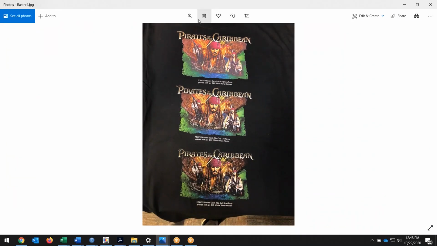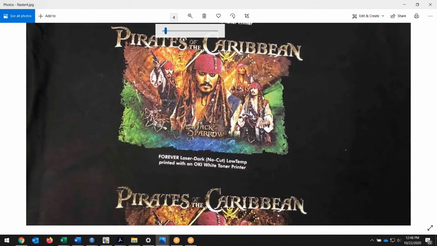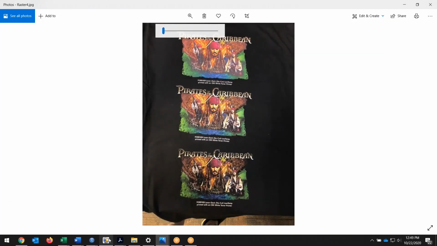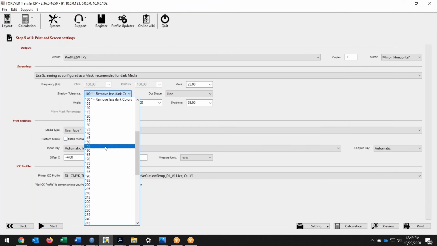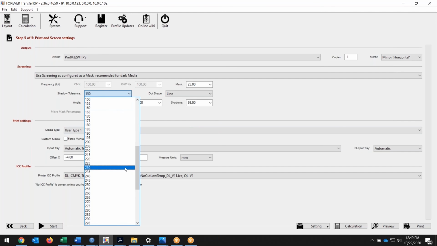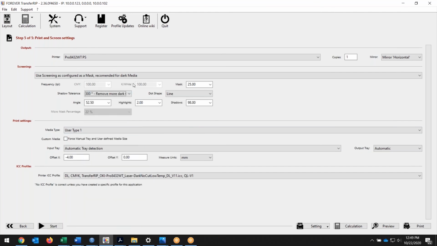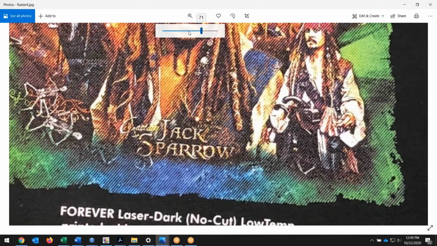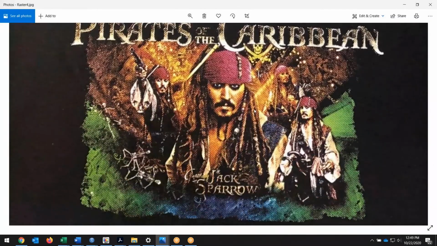This image here with Pirates of the Caribbean. But if you did want to get rid of all the black and just use the black t-shirt to come through for his t-shirt and stuff like that, your shadow tolerance on step 5 has to be at least 150. Now with the last example, I just wanted to show you that the higher the number, the more colors it gets rid of. So if you see here on the bottom picture, it gets rid of a lot